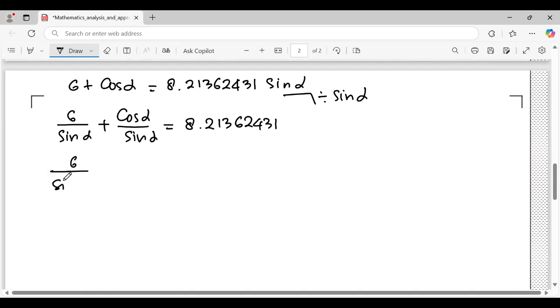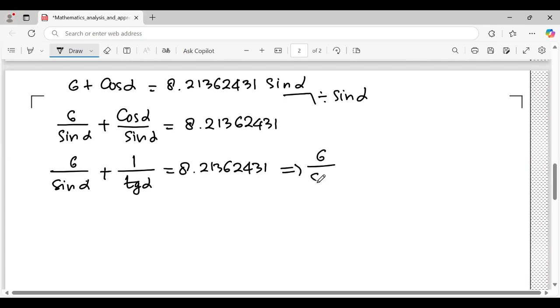6 over sine alpha plus 1 over tangent alpha equals 8.21362431. And it becomes 6 over sine alpha plus, right. If the diagram I will sketch like this,